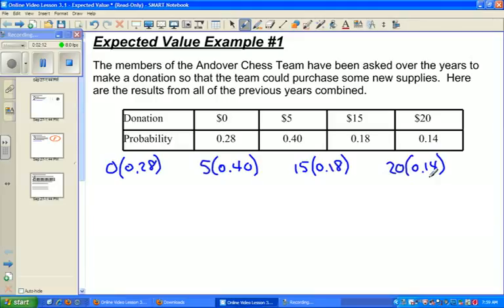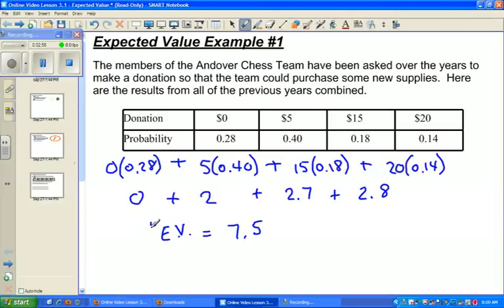Next, after you do that, you need to add all the results. So I am just going to simply add all of the answers that I would get when I multiply those numbers. 0 times any number is 0, plus 5 times 0.4 is 2, plus 15 times 0.18, you'll find that you get 2.7, plus 20 times 0.14, you'll find you get 2.8. And I need to add those four numbers together. Those four numbers add to 7.5. This is my expected value,